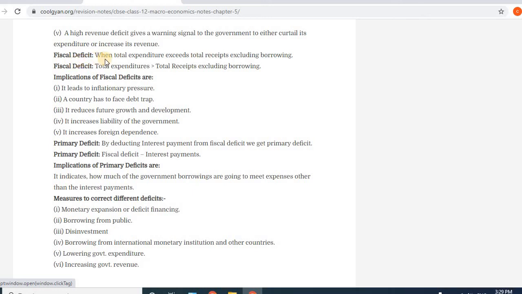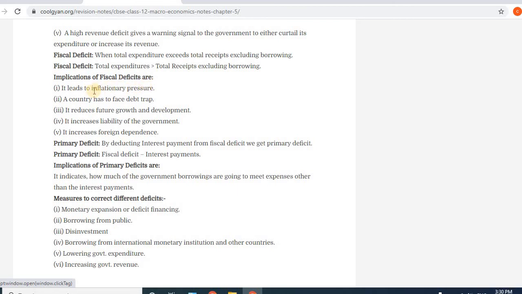Fiscal deficit: when total expenditure exceeds total receipts, excluding borrowing. Fiscal deficit: total expenditure greater than total receipts, excluding borrowing. Implications of fiscal deficit are, it leads to